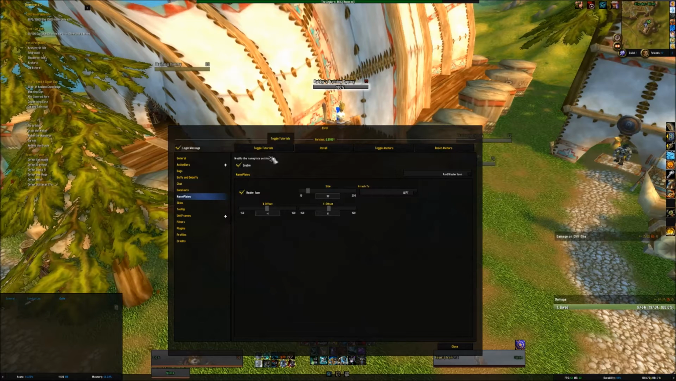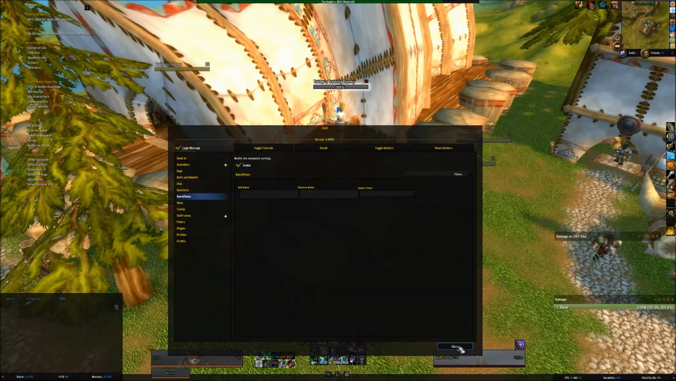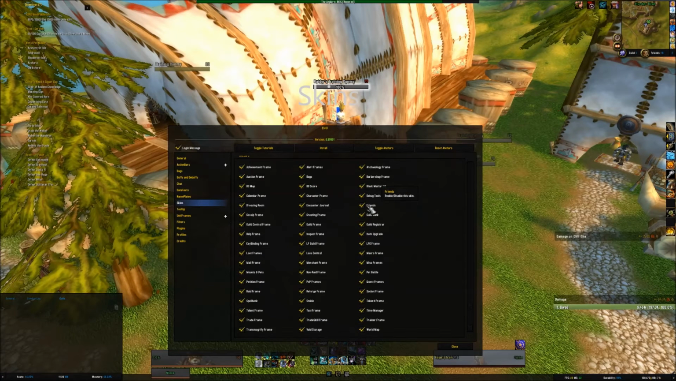The raid icon. This is for more PvP. So if you're coming up against a healer, it'll have a big ambulance cross next to it or whatever. Threat. Pretty self-explanatory. If you get threat, it will change a different color. These are all the colors that will change. And filters is just, I don't know, it's quite complicated to explain. Like, if you don't want something to appear on it, then you'd add it as a filter. And skins,